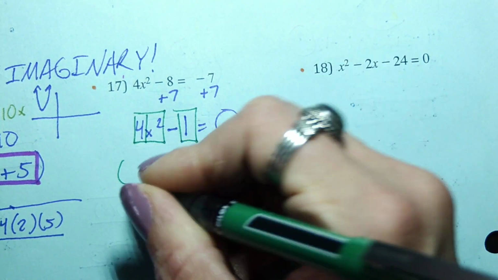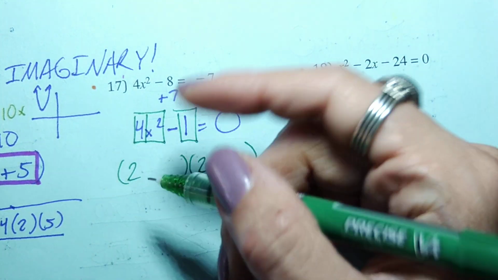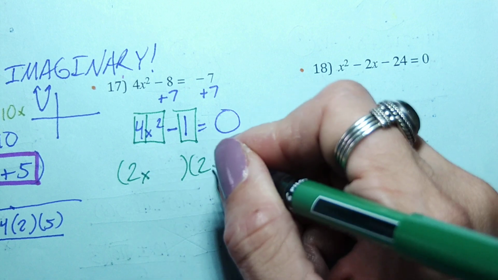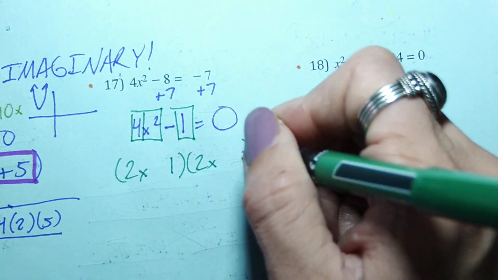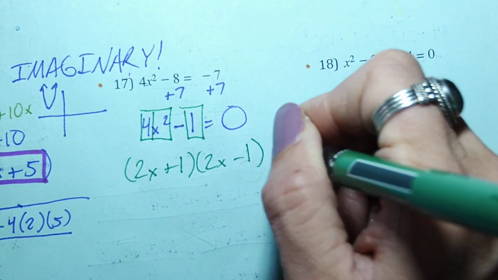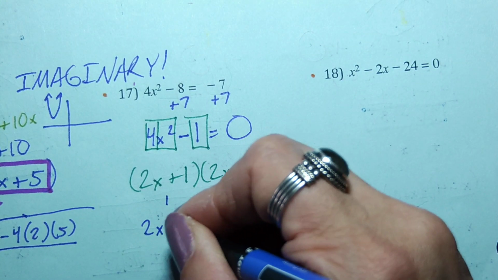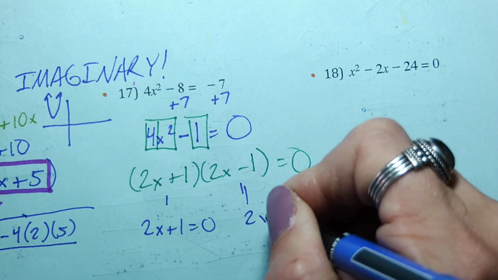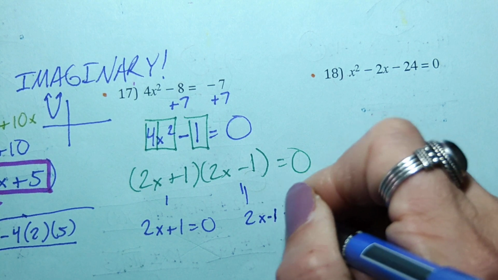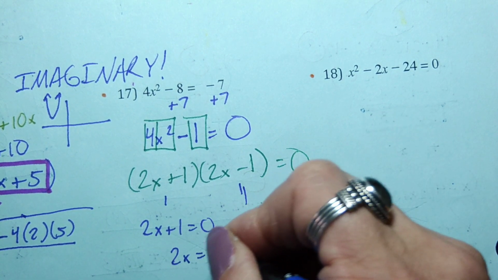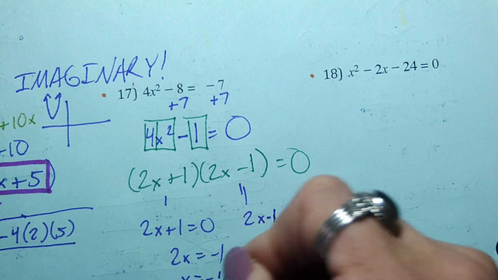Perfect square factors of 4, 2 and 2. Perfect square factors of x squared, x and x. Perfect square factors of 1, 1 and 1. 1 gets a plus, 1 gets a minus, equals 0. Set each of those factors equal to 0. And we get negative 1/2